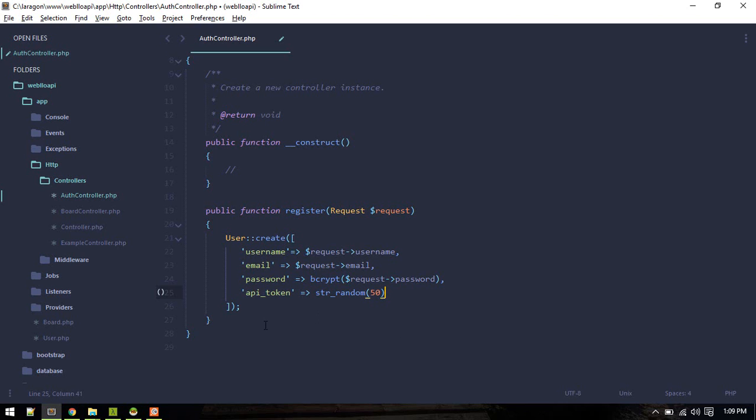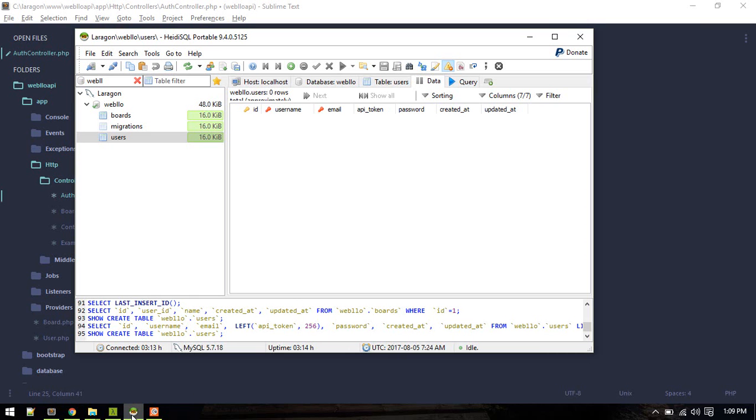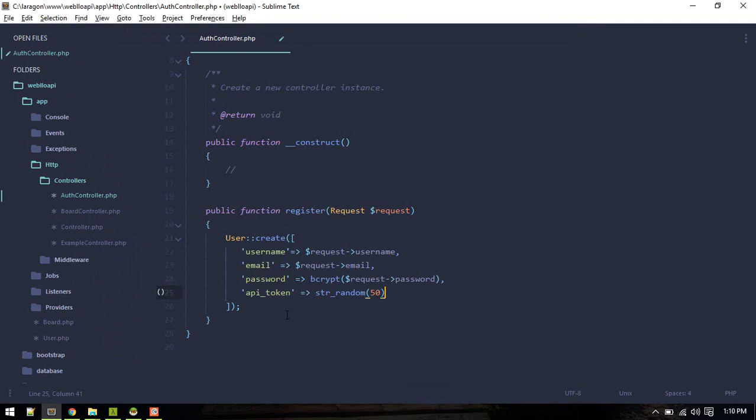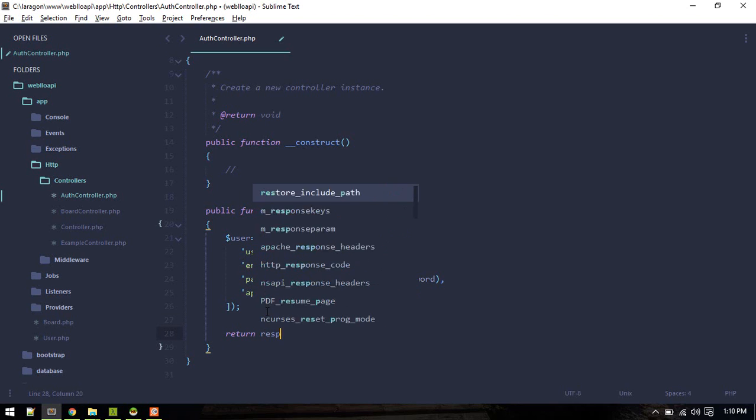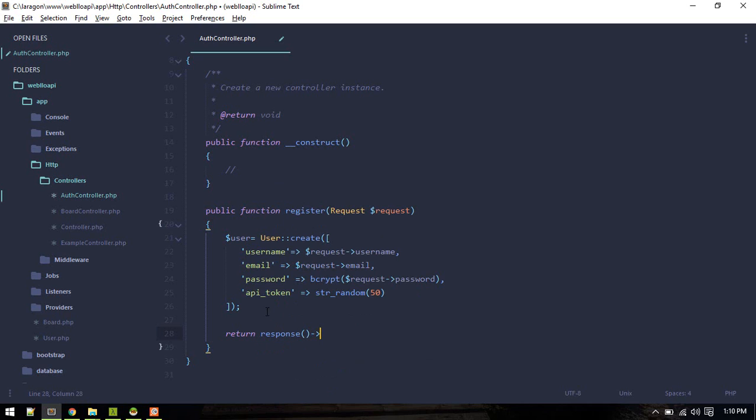Alright, so what else? 1 2 3 4 fields. Okay, we'll call it user. Okay, after creating user, we'll return a response. Return response JSON, and we'll return an array of user, which will be this user,